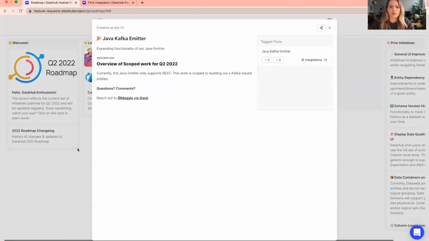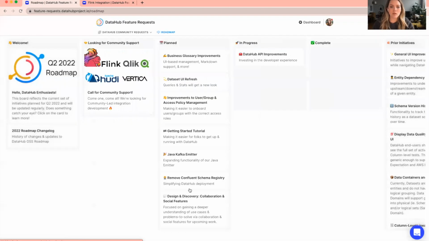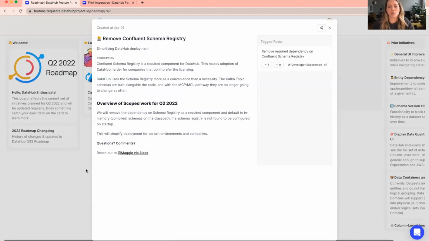The other thing is that we're going to be expanding our functionality of our Java emitter. So we'll be implementing a Java Kafka emitter. And then for folks that are not currently working in an environment that is complementary to using Confluent Schema Registry, we're going to remove that schema registry as a hard requirement for DataHub. So I know that there's a handful of folks in the community that are trying to build some workarounds there. So please, rest assured that we're going to be picking this up,